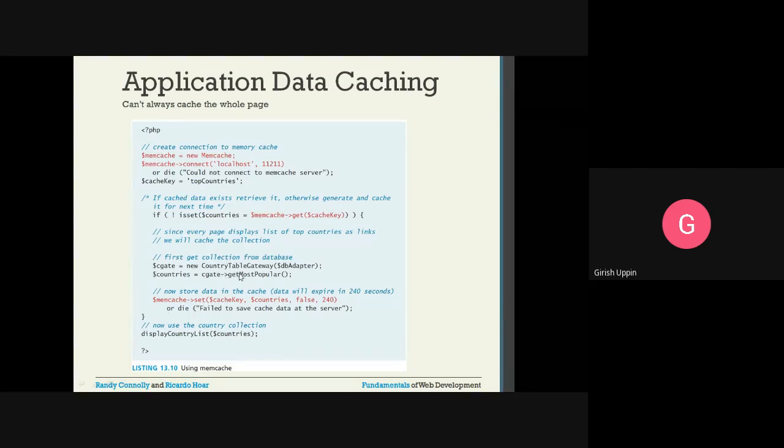We are not going to make a database connection and retrieve the data again. It comes directly to display country list. So instead of making another request for the data, I am taking it directly from the cache. The $countries, the cache that we have, will be directly displayed.